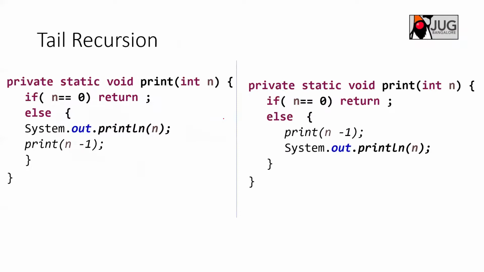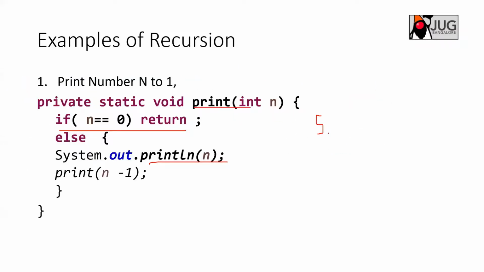So something like this: 5, and then you call print of 4, and then print of 4 will call print of 3, and then 2, and then 1, and 1 calls 0, and 0 returns nothing. Once nothing is returned here, you come out of that function, and then after the call you don't have anything because you already printed here. So this returns back because you're not doing anything here. That is the end of the function call.